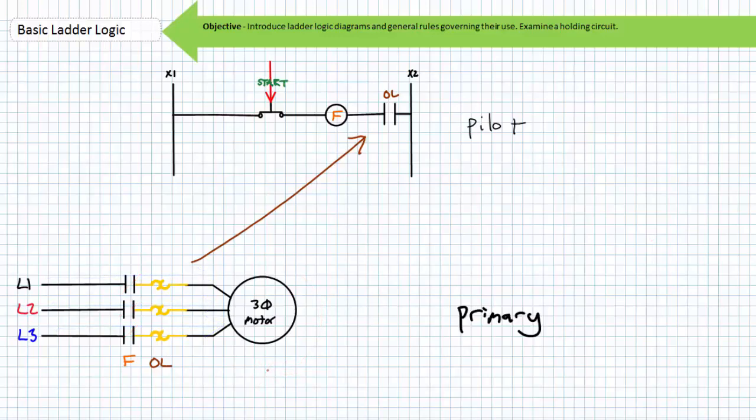The de-energized F coil means the F primary contacts open, and the motor de-energizes until such time the overloads are given a chance to cool, at which time the normally closed overload contact would reclose. The normally closed nature of the overload contact disallows operation of this system until it is safe to do so. Cool or not cool? Trick question. This is totally cool. The ladder logic diagram illustrates this function in a single line. The only way you can turn this motor on is if you're pressing the start push button and the overloads